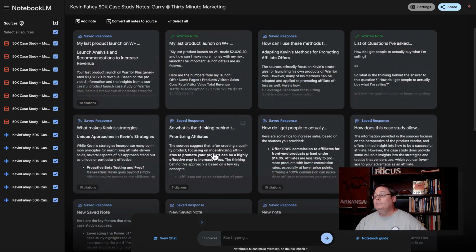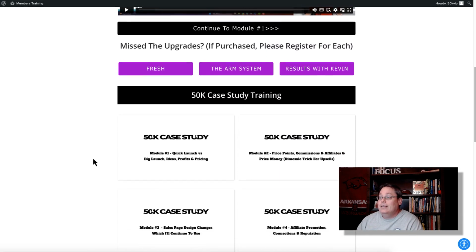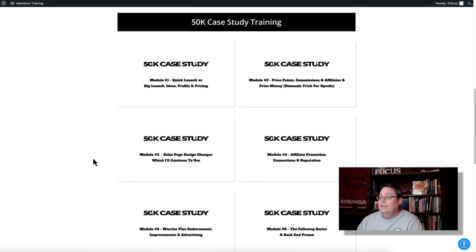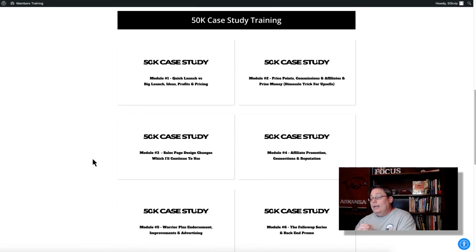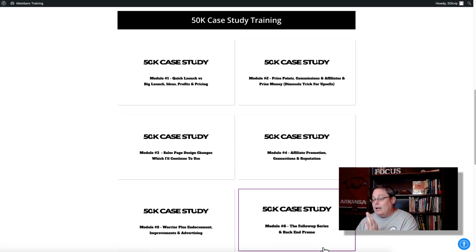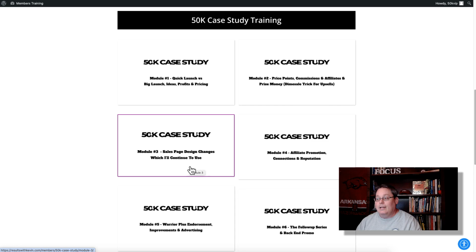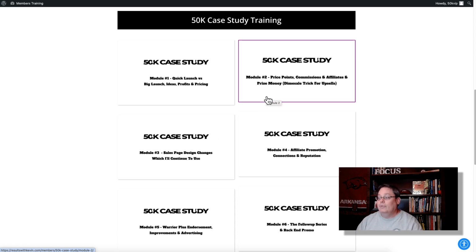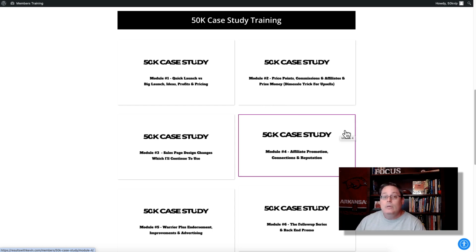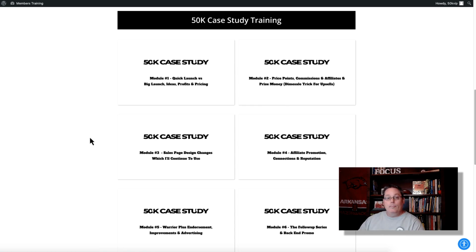And I have that right here inside the notes as well. If I'm just an affiliate, I can click here and access all the information that Kevin is giving as a vendor, or the information that he stated is important to him as a vendor, and also as an affiliate on a specific platform: how to create a follow-up series and do back-end promotions, sales page design and why they work, price points, commissions, affiliate prize money, and cool tricks that work as a product vendor, but also upsell tricks, how this directly applies to you as an affiliate, and what you need to be on the lookout for when you're promoting products as an affiliate.